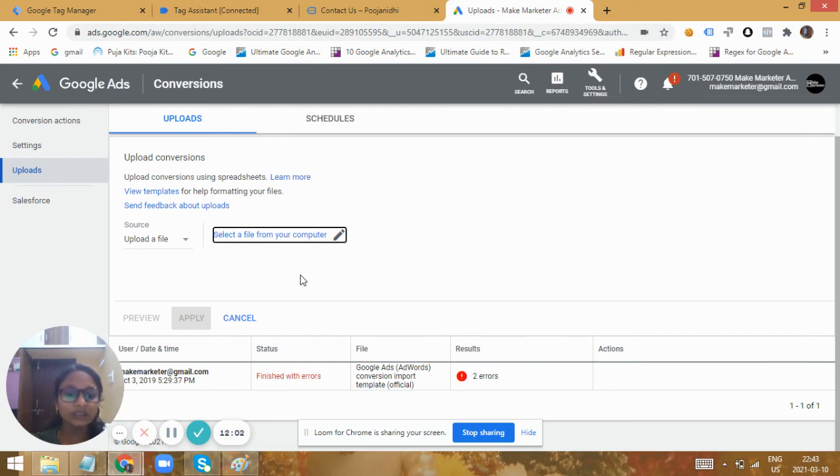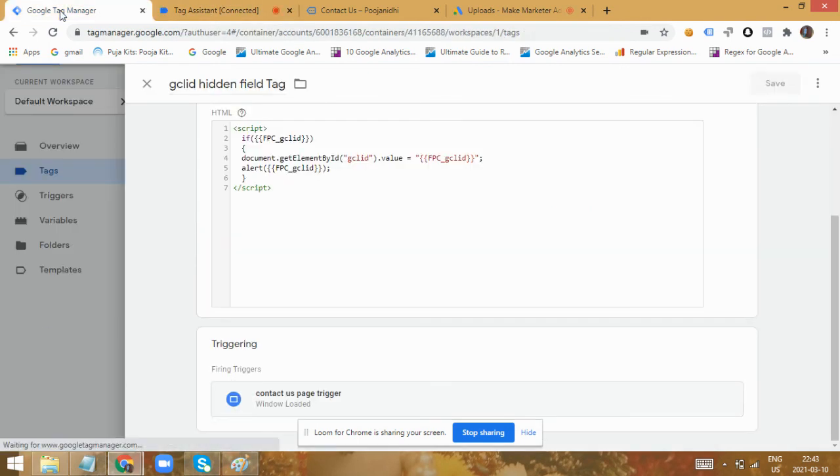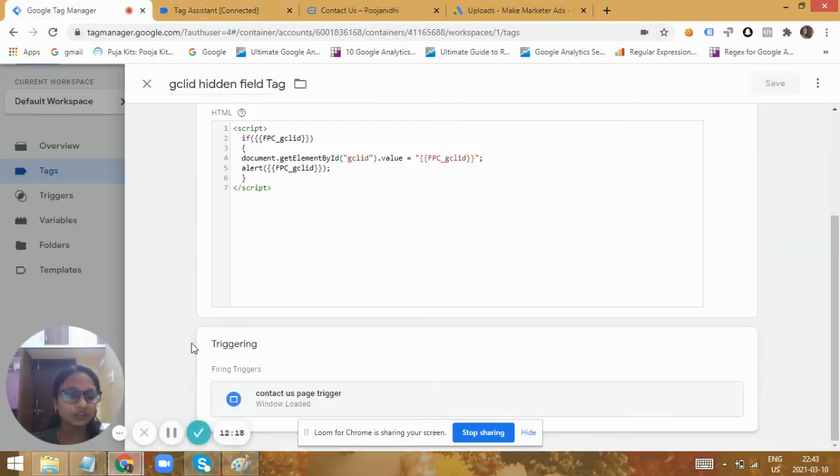You can attribute that to a particular ad, identify such ads, and invest in and create more of them. So this is the way we implement offline conversion tracking. I hope you're all clear. Thank you so much.